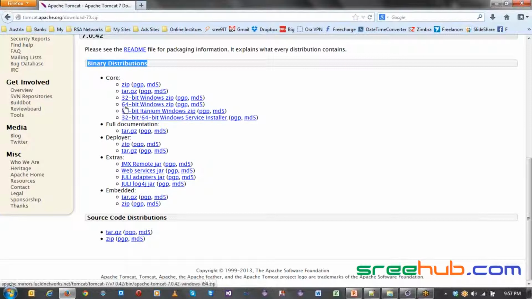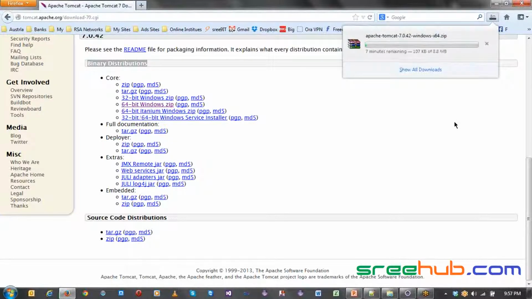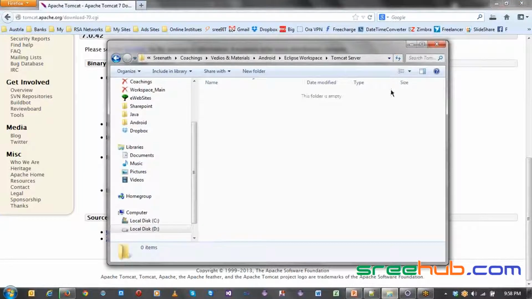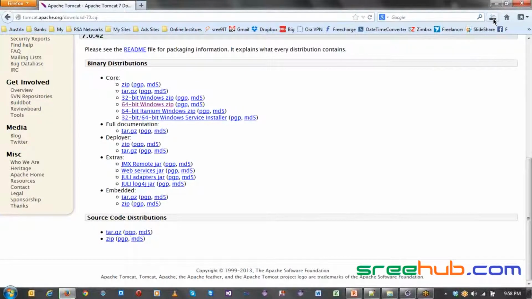Let me select the 64-bit Windows zip here, right? It will save the Tomcat. Now I'm going to take that Tomcat into one of my folders here. Let it download, and we'll take this up.